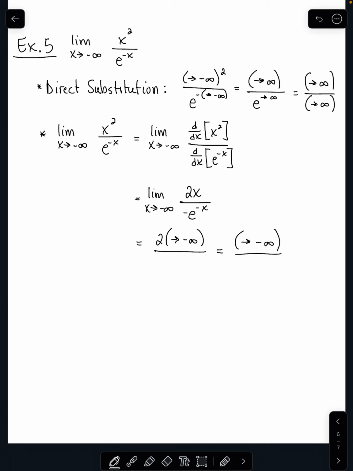Now, in and of itself, that's not bad that the numerator still is approaching a positive or negative infinity, because as long as the denominator does not also continue to approach a positive or negative infinity, then we have broken the indeterminate form. However,